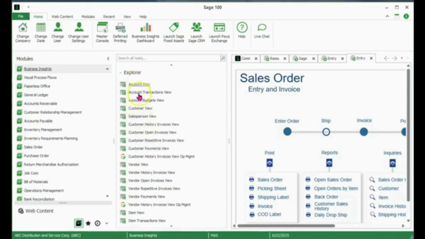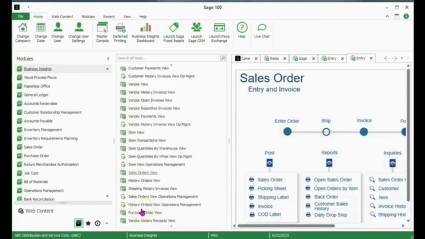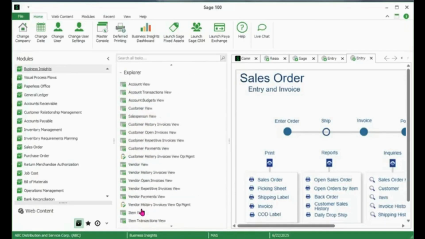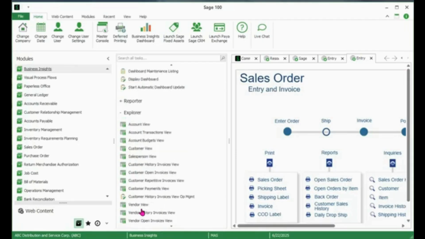If we look at the various tables that are available here, these are built in and also can connect to additional tables that are pre-designed and always populated with data. We're going to take a look at the customer history invoices view to just evaluate the data.